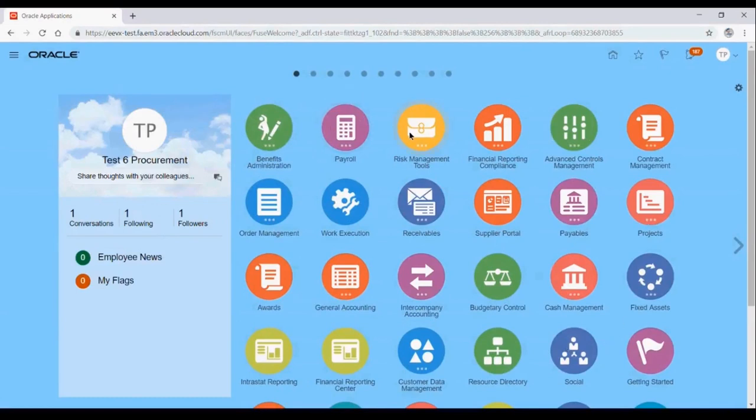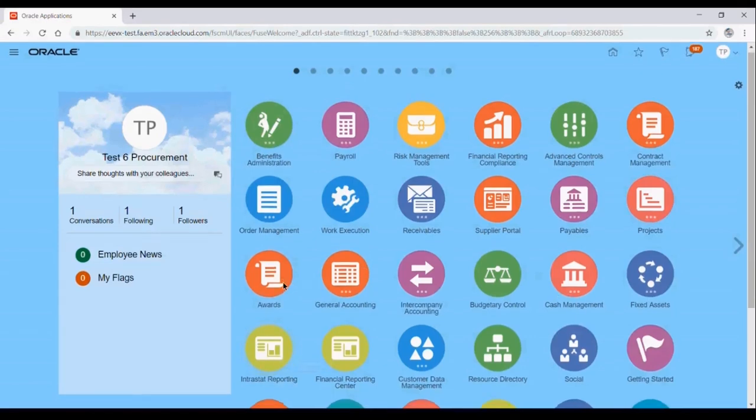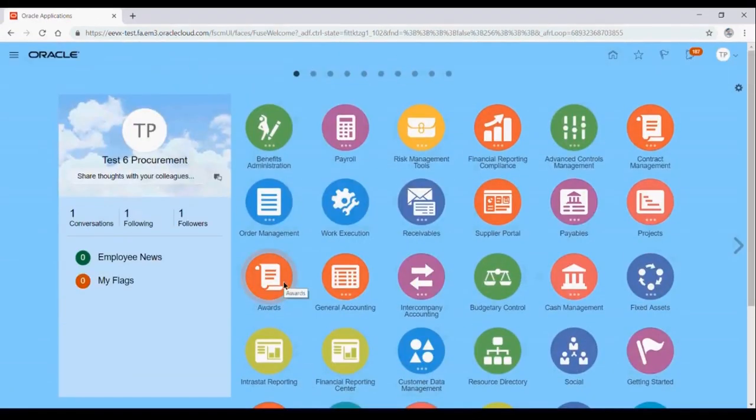So this page is called the Springboard. And these are all the modules or the applications that you have access to. So when you log in with your users, you will not see so many icons. You will only see the icons that you have access to. And mainly I have given you access to manufacturing related things and product management, product information, because we'll be defining our items and all. And yes, as we proceed, if we think we need more access, we'll keep giving it in